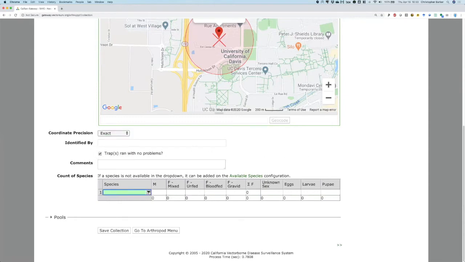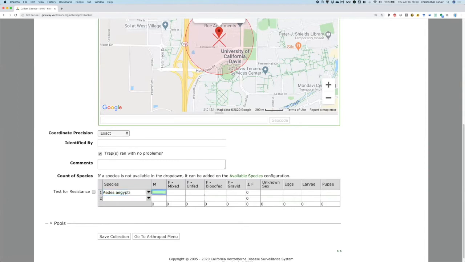And then the main thing is to put in only the species you found. So here, let's say I didn't find Egypti in Davis, thankfully, but I'll pretend I did. And then say 1 male, 12 females. Many agencies don't distinguish between the gonotrophic states. So the normal thing is probably to put females mixed, which means you didn't distinguish unfeds, bloodfeds, and gravids within